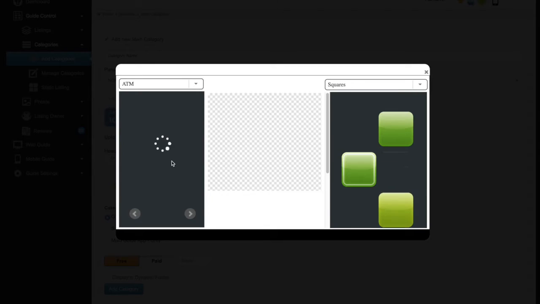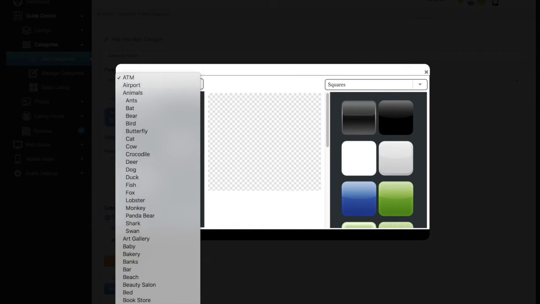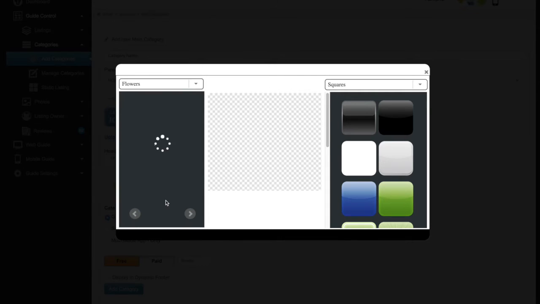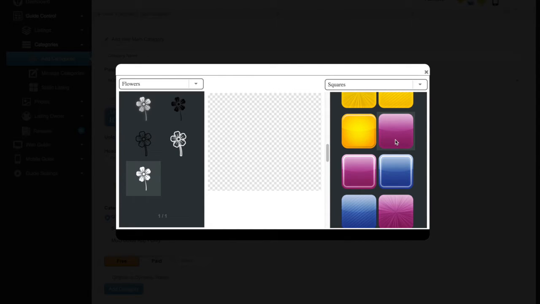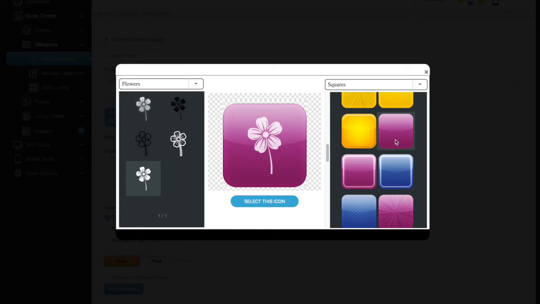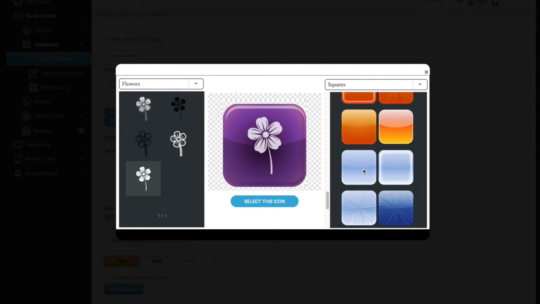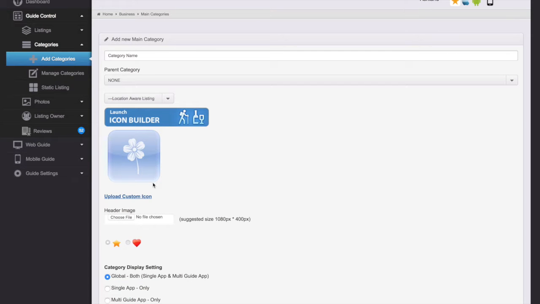Icon builder is a very nice feature that we've created. We have over 600 different images that you can choose from, and multiple variations of background. Once you decide how you want your icon to look and play around with it, then simply select this icon and it will add it into your